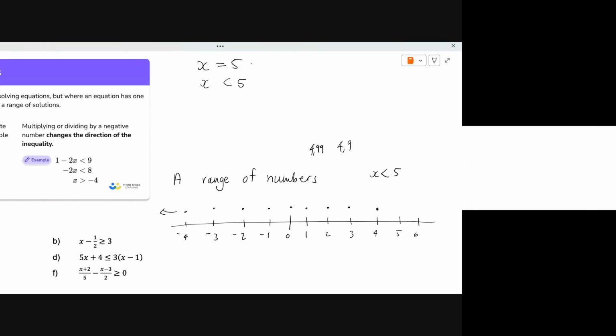4,99. 4,99. That's a number less than 5, right? Or here's another one: 4,999. Right? Shall I do another one, or do you kind of get the idea? I could also say 4,9999. Okay. Or, as a matter of fact, all the numbers from 5, right before 5, not at 5, right